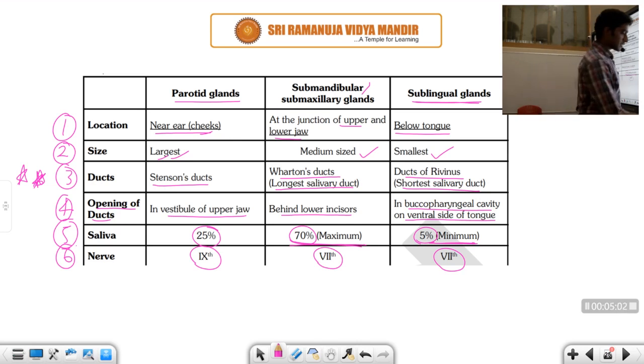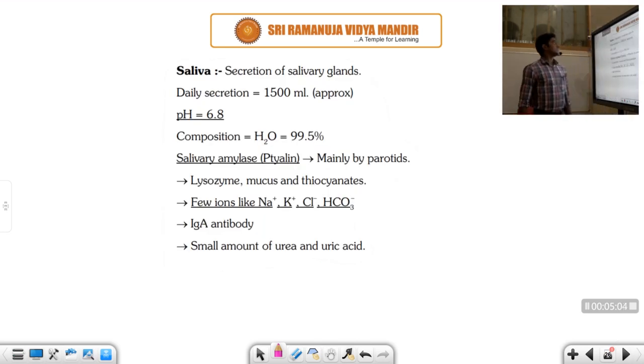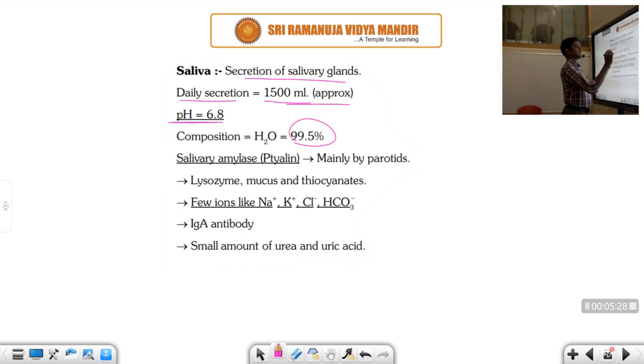Next, what is saliva? What is the composition of saliva? The parotid gland and the three pairs of salivary glands secrete this saliva. The daily secretion of the salivary glands is approximately 1500 ml. The pH is 6.8, slightly acidic, and the composition is 99.5% water. Now, coming to the enzyme,